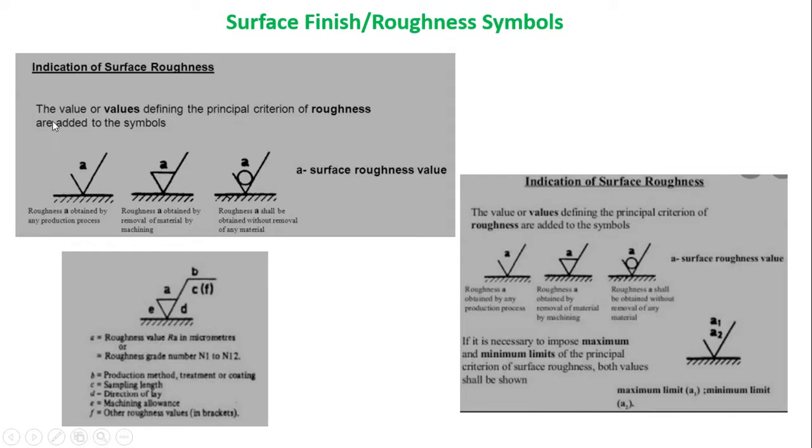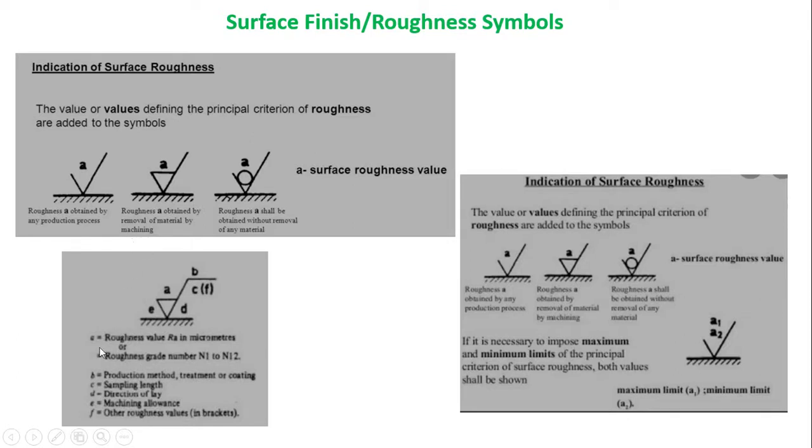The first symbol indicates that the roughness A is obtained by any production process, with no machining required. The next one means the roughness is obtained by removal of material by machining, so machining is required for this component, shown by the triangular shape with the extension. And this one represents without removal of any material, so the surface finish is a consideration without any material being removed.